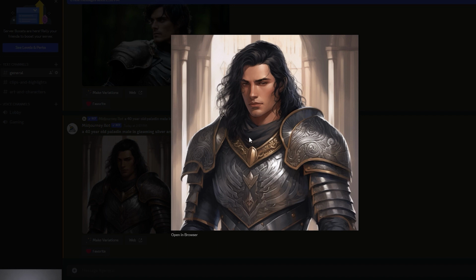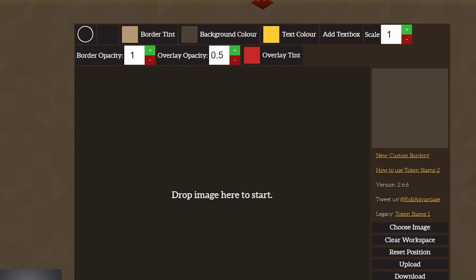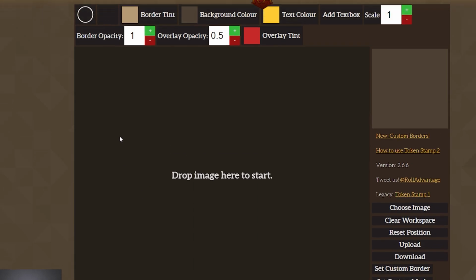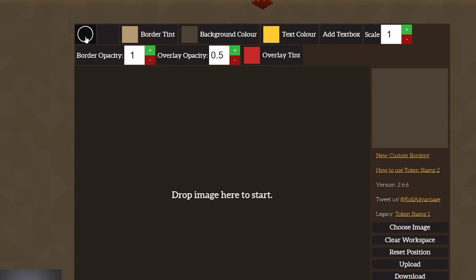So what do you do from here? Once you have the image, once you have the look that you want, what do you do? Well, you just right click, save the image. Once you've saved it, you want to go to this website here, rolladvantage.com/token stamp. Now, this is really cool because what this program allows you to do is to create tokens for